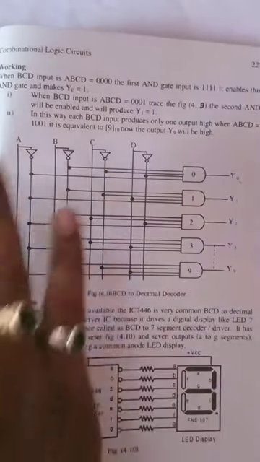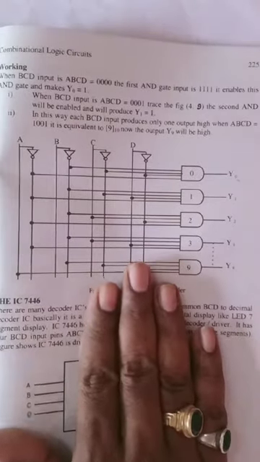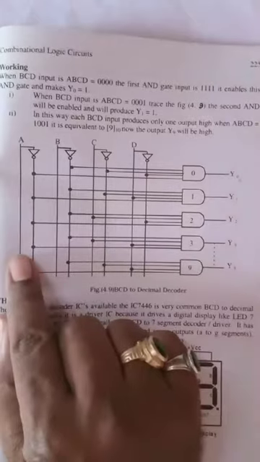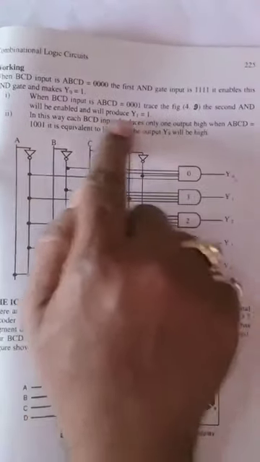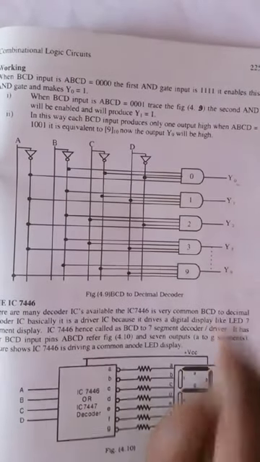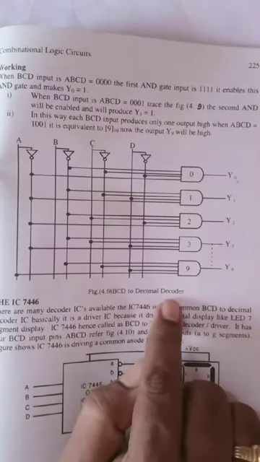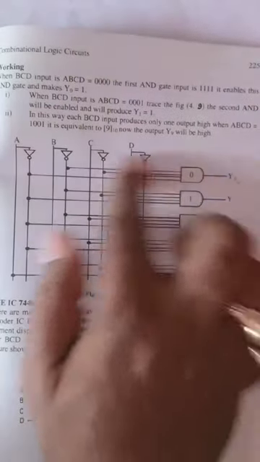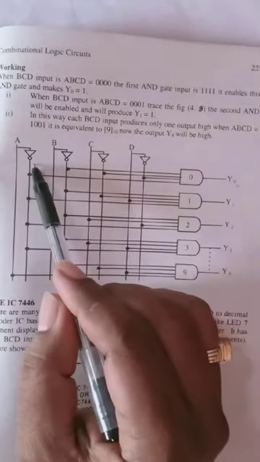Let us consider this one. This circuit is nothing but a demultiplexer circuit. The difference is there is no input. So we can say that this is a decoder circuit which converts this 4-bit binary number into its equivalent decimal. This is called a BCD to decimal decoder. So you have to apply BCD. All the remaining diagram is the same. You can consider inverted as 0.